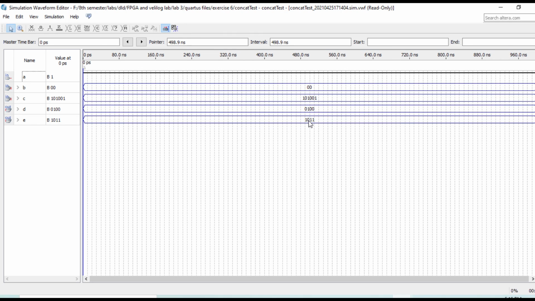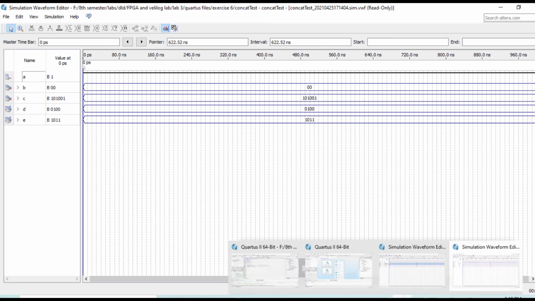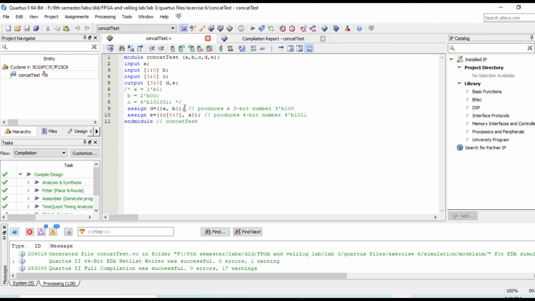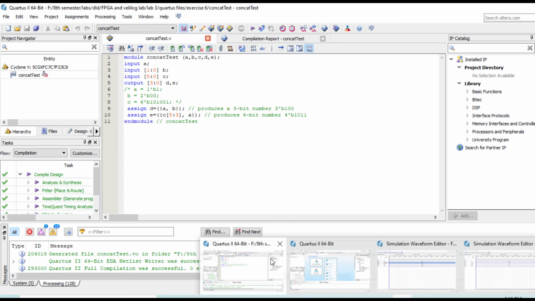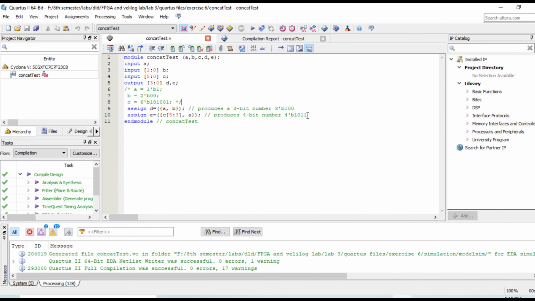And next, the output of e is 1011. And in the code you can see the output is 1011, as in the waveform. And now our concatenation execution is done.